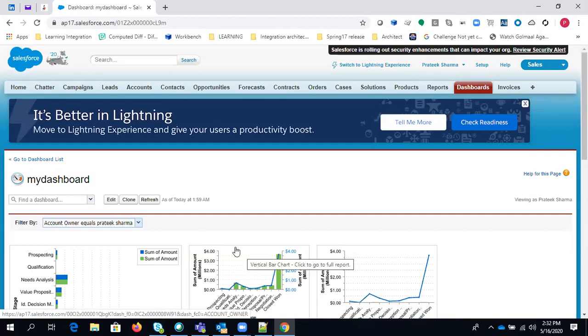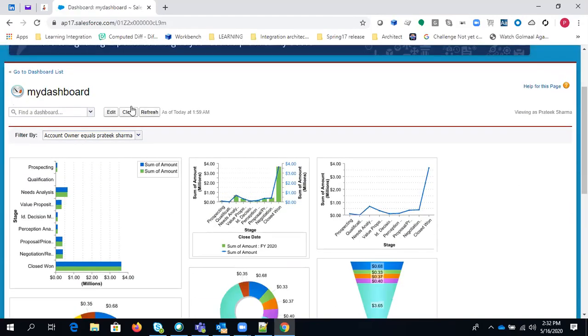So basically for metrics as well, you can simply create a similar type of dashboard. Any question till now, guys, or we can move ahead to creating a tabular dashboard? Also, you will get a refresh button here. So as soon as you refresh, it will fetch the current data and display the component.